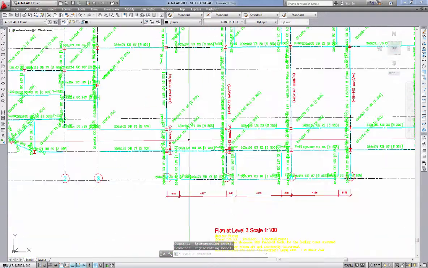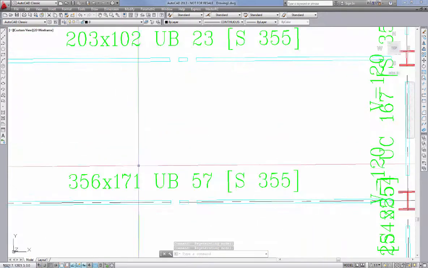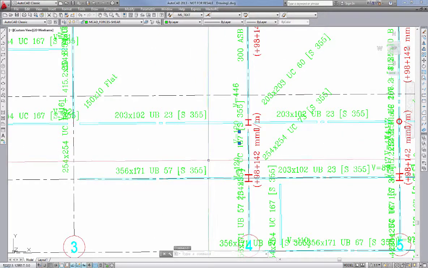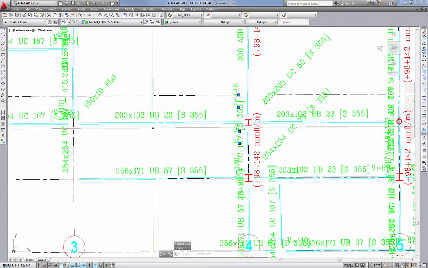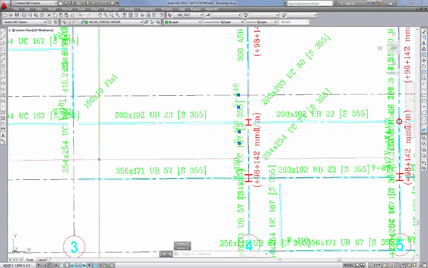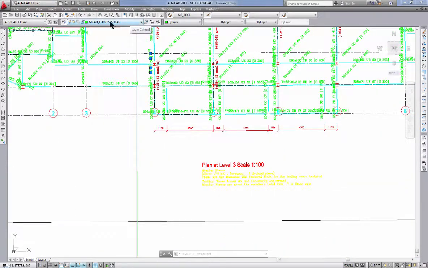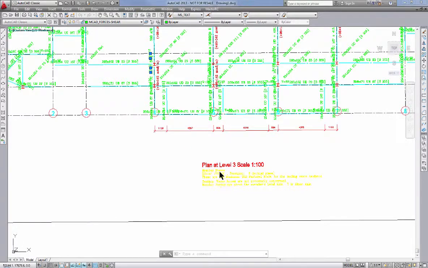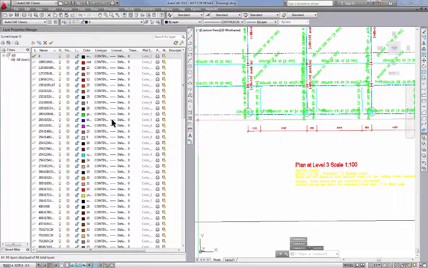There we go. So we can see for each of these beams, we're getting our section size and our grades. You're also getting your shearing forces on the members when they're significant. In this case, the shearing forces are in green as well, and I could turn around and say I want those to be in a different color, so I'm going to go for